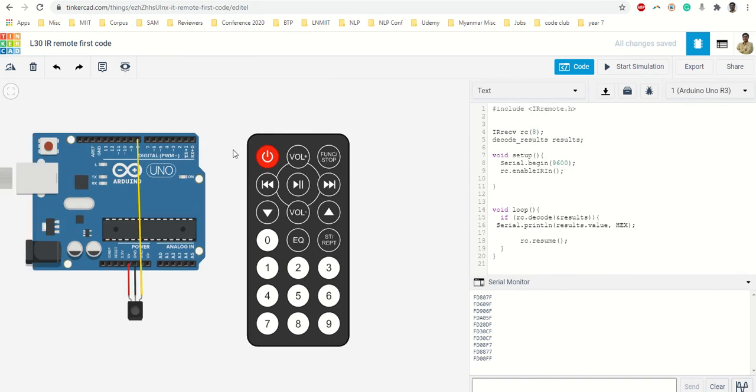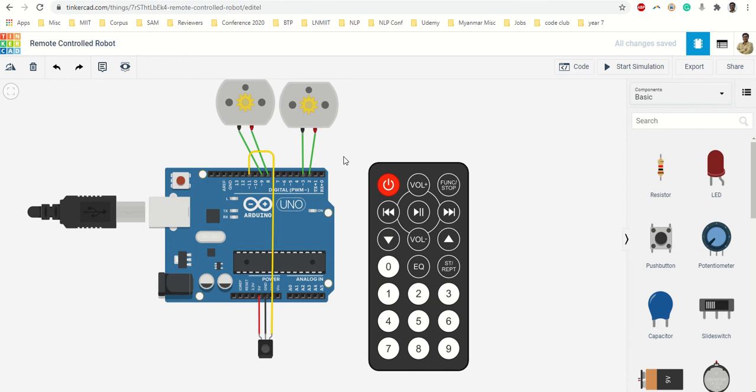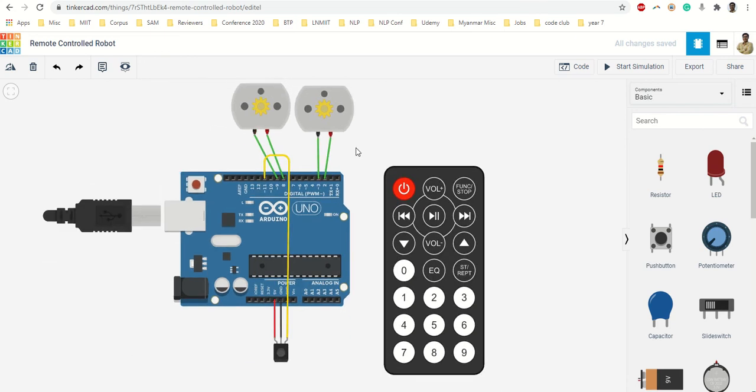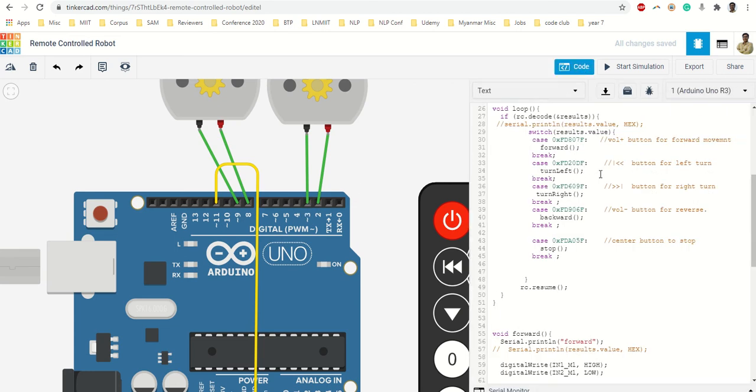Once I have these codes with me, I make the circuit. It's very simple. I have taken two motors. Ideally, I should have taken the motors with L293D, but we are just keeping the thing simple here so that you understand the logic. To run the motor in forward as well as reverse, we need to control both the terminals of motor with different output pins that we have already explained in the previous videos. So we come back to the coding part.